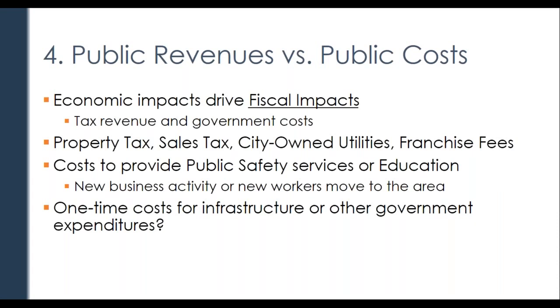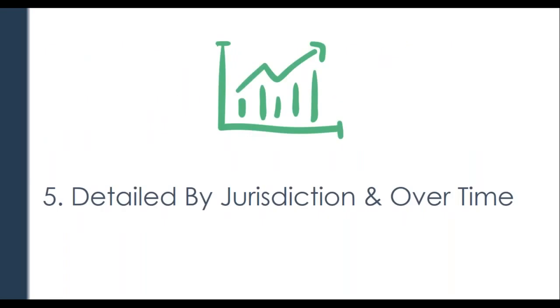And then finally, listed here too is just any one-time costs for infrastructure or other government expenditures that you're aware of. We can think about the incremental things with the third bullet, but the fourth bullet is like, well, what about the one-time things that may occur as well? We want to make sure that those get reflected in this balance between the public revenues and the public costs. Now, the fifth thing here: we want to make sure that these revenues and these impacts are detailed by jurisdiction. So meaning, is this a cost or a revenue to the city, and over time, so over a period of